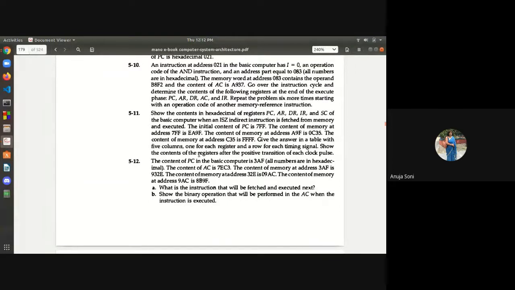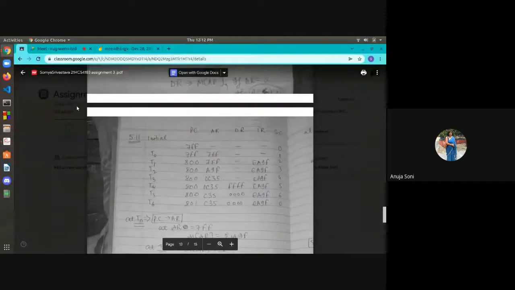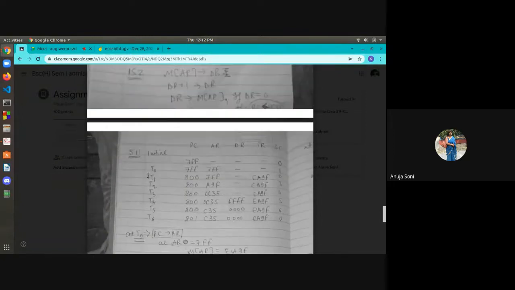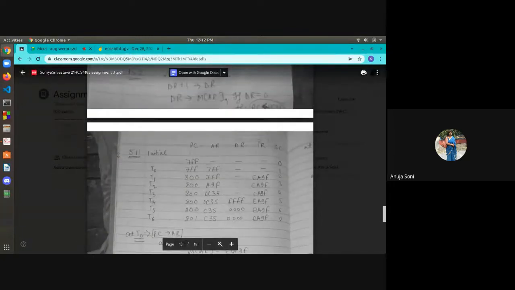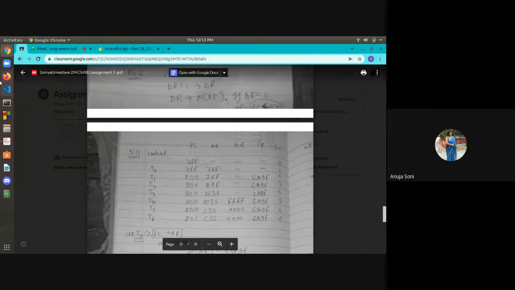Means what you have to do, basically you are going to talk about a single instruction ISZ and you have to show all phases of the instruction in the context of instruction cycle, with respect to various timing signals, what will be the change in a respective register after fetching a sequence, decoding the sequence, like we had done in the instruction cycle now.